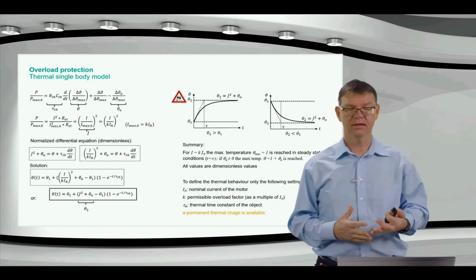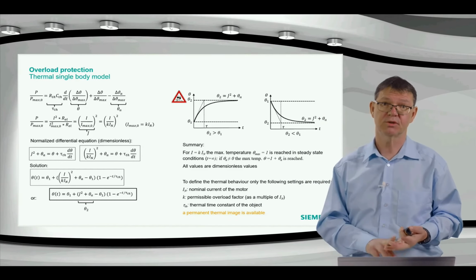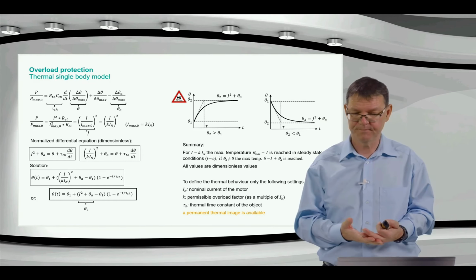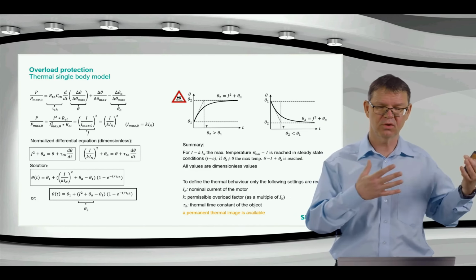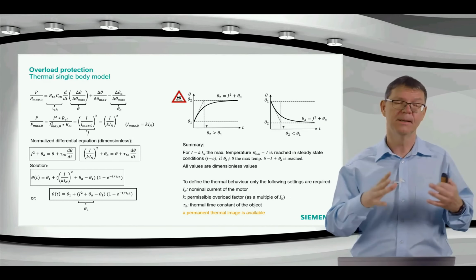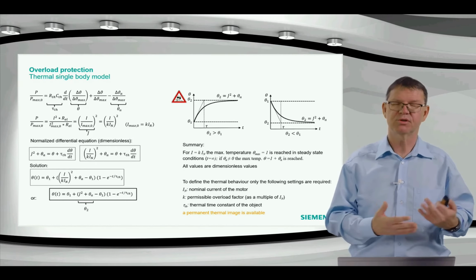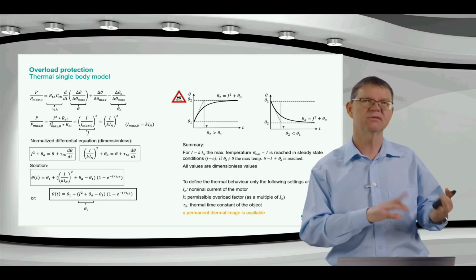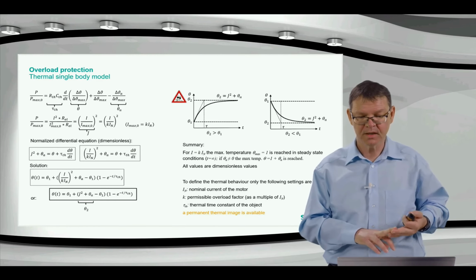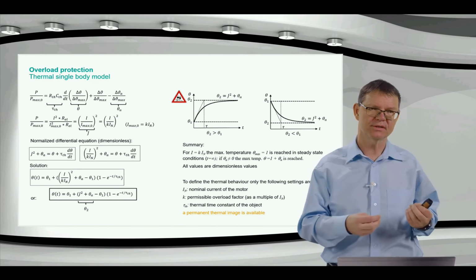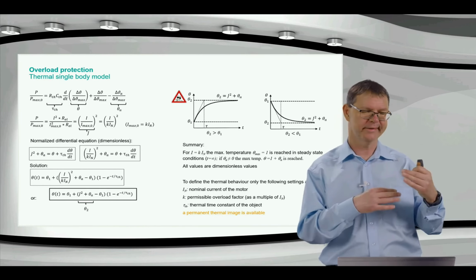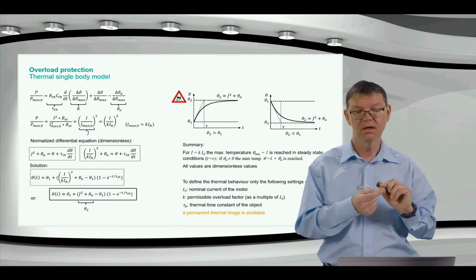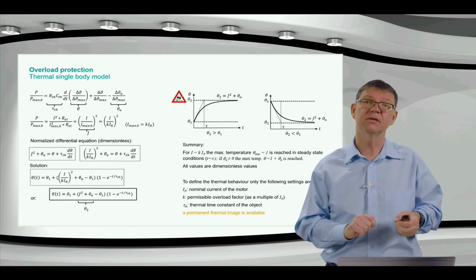What is the sense of all that? We get a permanent thermal image. That means as soon as there is a current, we calculate a temperature in the relay, and the temperature is the one which we assume to be also the medium temperature, with our approximations and simplifications, in the motor stator in that case. That means we trace the temperature all the time, and if we are already, let's say, at a level where we almost are at the maximum temperature and then we get a higher current, we have a relatively short tripping time